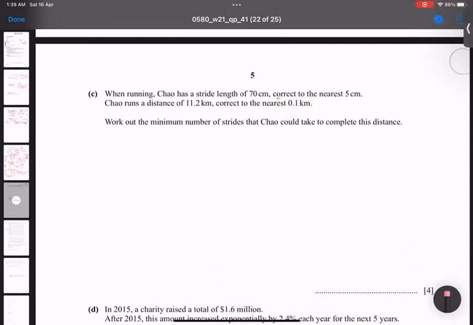Okay, so now I'm going to do that one. So what is the absolute error? He said correct to the nearest 5 centimeters. So absolute error is 5 over 2, which becomes plus and minus 2.5 centimeters. Okay, and this is the stride length. Length for, so this is length. Okay. Now I said that